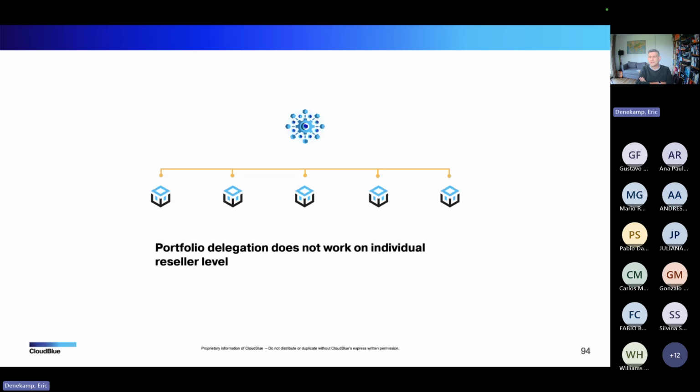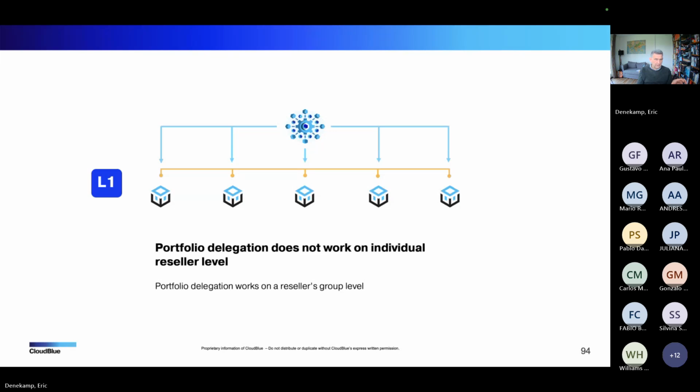I only do this on a reseller group, which means that service template. If you from the start have created reseller templates per reseller, I know that some of the providers do that. Of course, you can delegate on an individual reseller level because the link, the reseller group, is bound to one individual reseller.